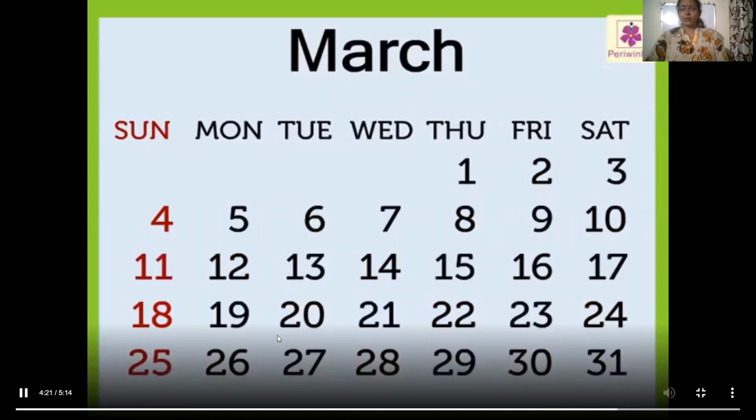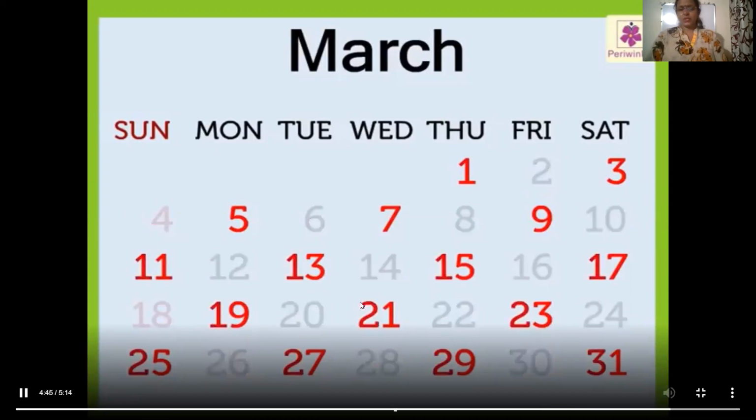Now let's check which numbers are odd. 1, 3, 5, 7, 9. Now numbers ending with these numbers, that is 1, 11, 13, 15, 17, 19, 21, 23, 25, 27, 29 and 31.